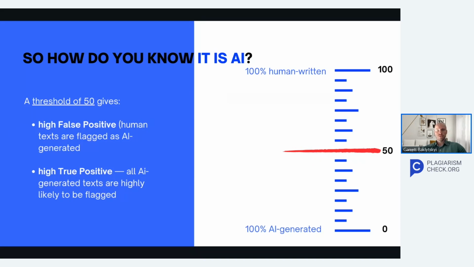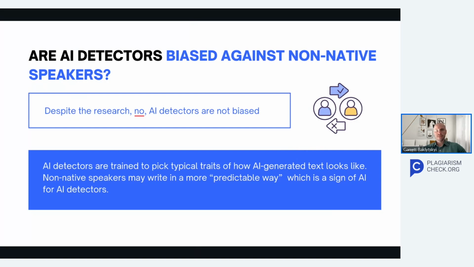Unfortunately, it also causes false positives when human written text can be considered as AI generated, as humans can write below this threshold and AI can generate up to 50 in this threshold. So this area is really blurry and it is quite difficult to identify if we are evaluating a human written text or AI generated text. This is about constantly improving how the model works, constantly balancing between catching as much AI as possible and correctly identifying human written text. Our AI detector is biased against non-native speakers.